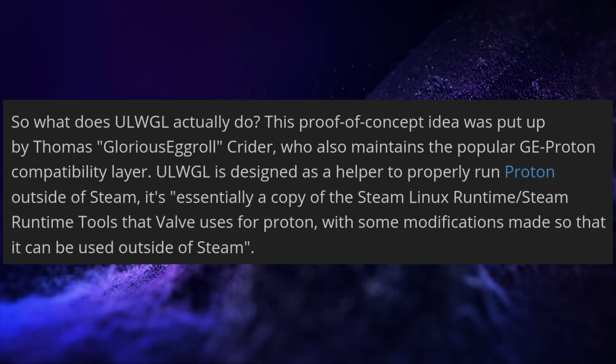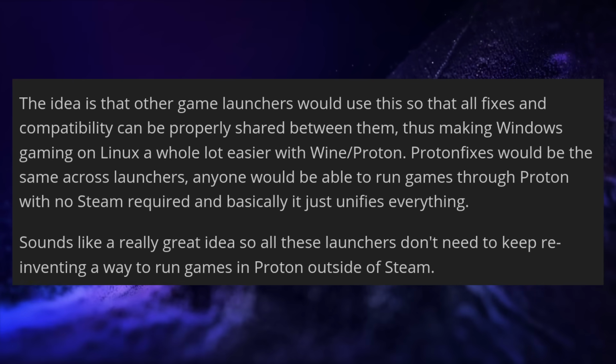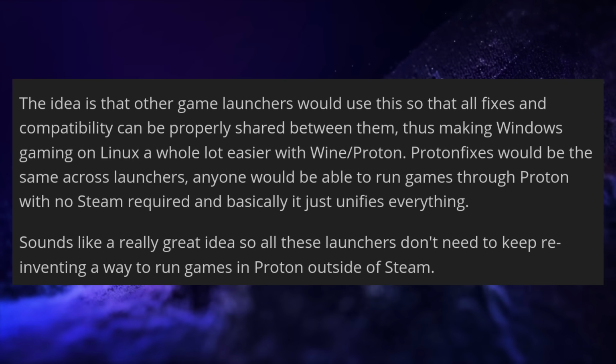which will let most launchers use Proton outside of Steam, something that has been relatively problematic in the past, meaning that most launchers use Wine and this just doesn't work as well as Proton. The goal is to have most launchers rely on this instead of various Wine rebuilds, so all the fixes, all the tweaks, and all the various arguments you can add to run a game as best as can be shared between tools. You would basically just have one way of launching a game, no matter the launcher or the tool,